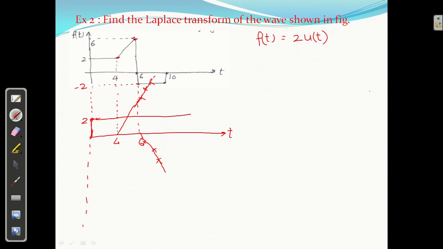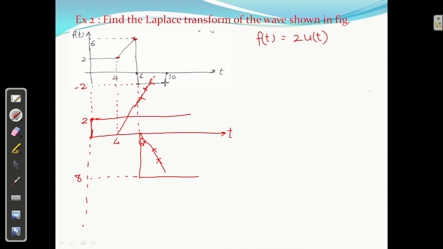So कितनी आ रही है? 6 to 0 and 2 8. So यहाँ से लेके यहाँ तक कितना है? Plus 6 and minus 2, so 8. So I am going to add one ramp here. It's not ramp, step function of magnitude 8 in other direction here. Clear? So this is the step function is there, but delayed step function is there.